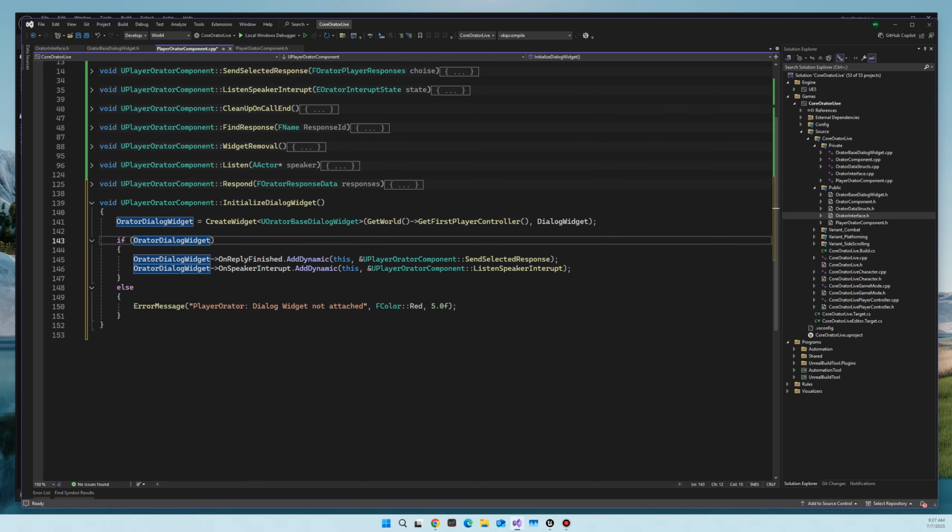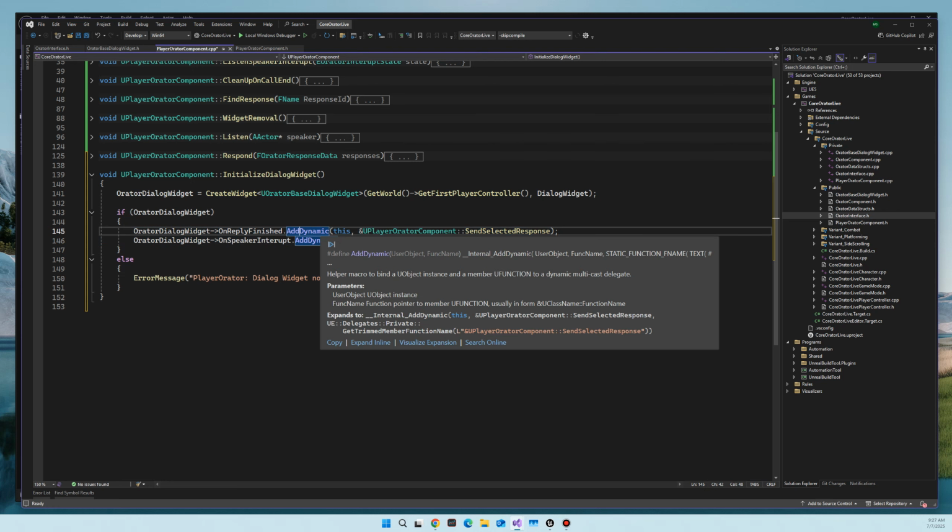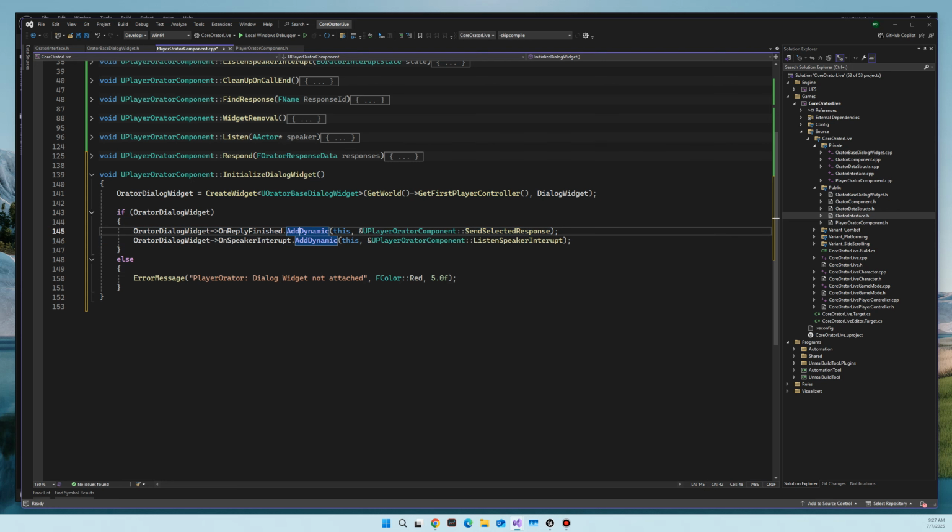All right, so once we get it, let's check it. If we accidentally put the wrong widget in here, this will come back null. If we put the right widget in, this will come back as a pointer. So let's validate the pointer, and if it is valid, we go ahead and create our dynamic casting. This is how we create those bindings for our delegates. So here, we have the reply